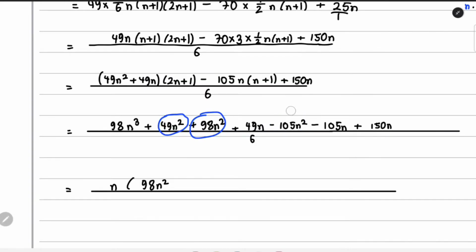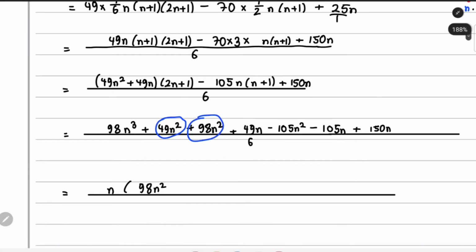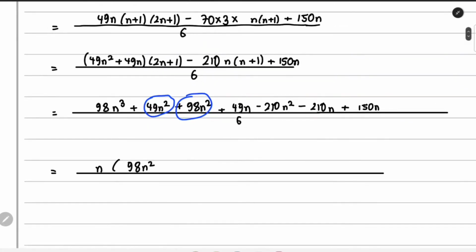oh my bad in the calculation, this half will also go out, so this will be 210, not 105. So this and this will be 210. Okay, if I continue with the squared, I get 49 plus 98 minus 210. This is minus 63n. Now if I multiply the ones with the power of n, I have